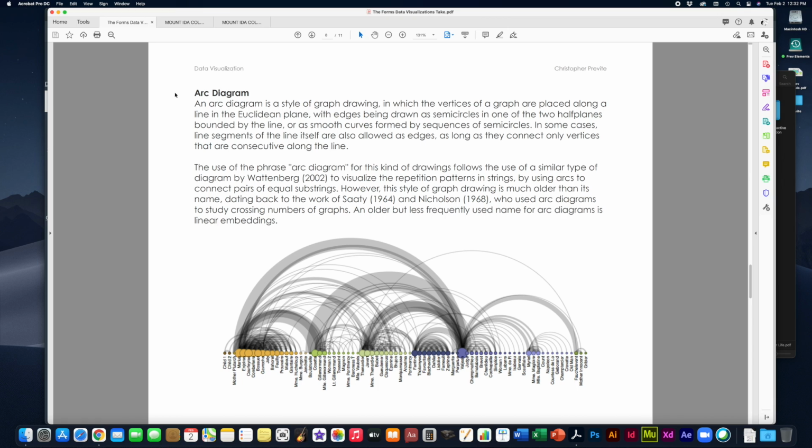Okay, next we have arc diagrams. It's a style of graph drawing in which vertices of a graph are placed along a line in this plane running along the bottom with edges being drawn as semicircles. So it basically looks like half circles all the way through. And what the half circles do is they show you the relationship between the items that are listed along the bottom. So there's a whole bunch of different items listed along the bottom horizontally, but the